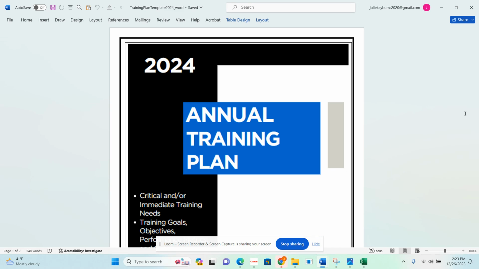So I put this template together in a way that you could go through different pieces of the document and just kind of put your mind towards, hey, what are some things that we want to do? What are some immediate needs? What are the resources? How much money? So if you're a little unsure about your training plan for the year, let's take a look at my annual